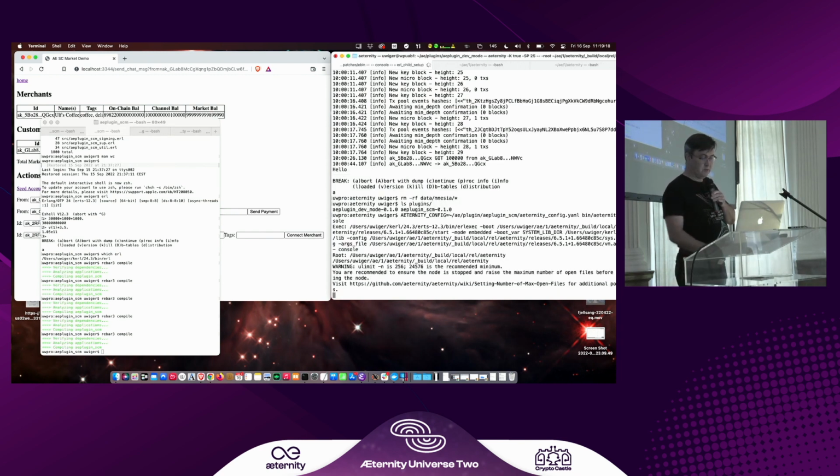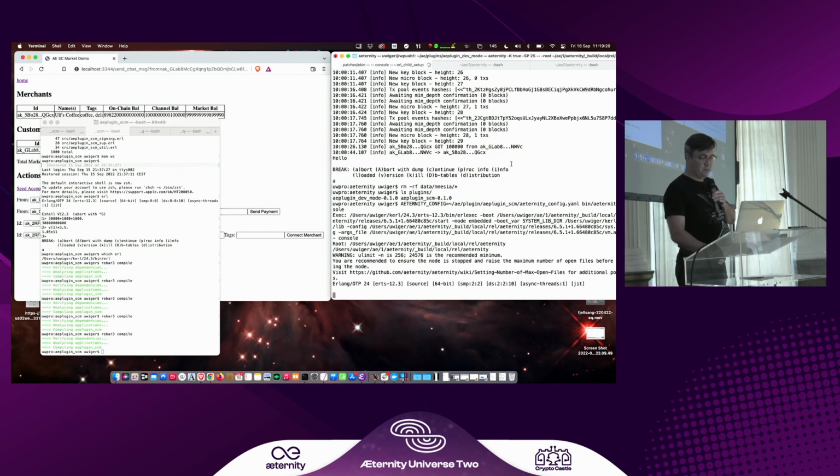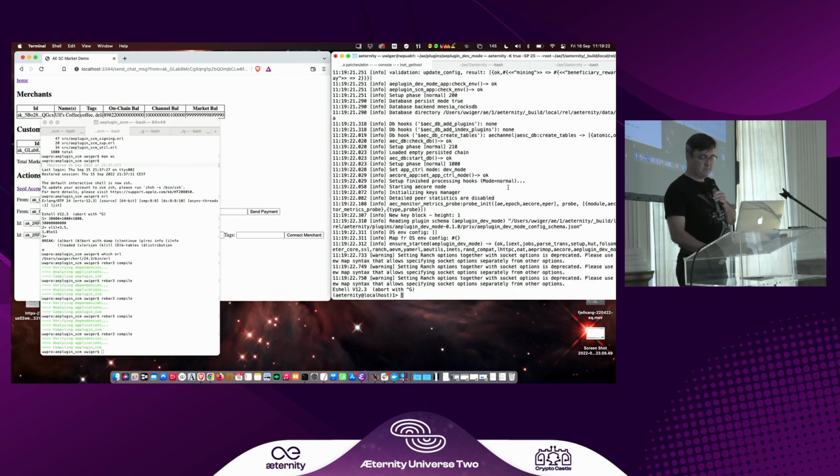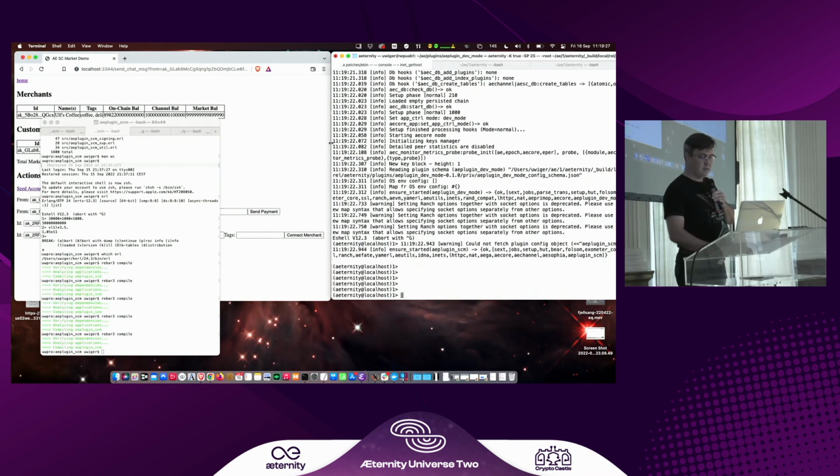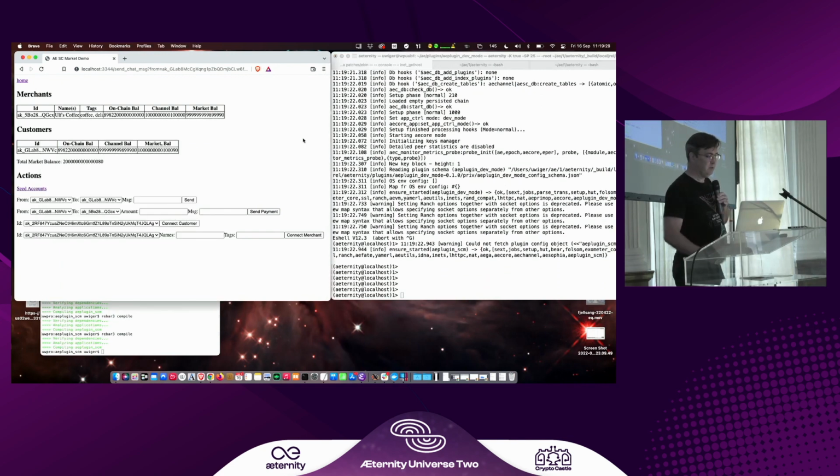So let's just run this. Now, it occurred to me when I was running this that it doesn't really illustrate the difference in speed between the chain and the state channels, because using dev mode, everything on the chain is instantaneous.